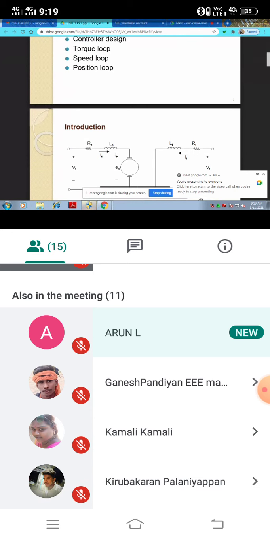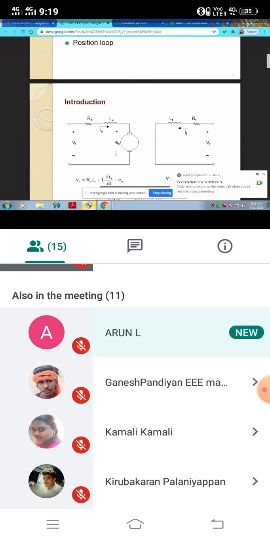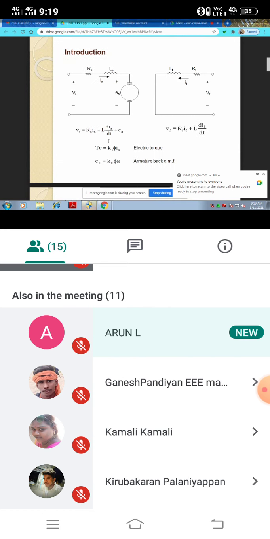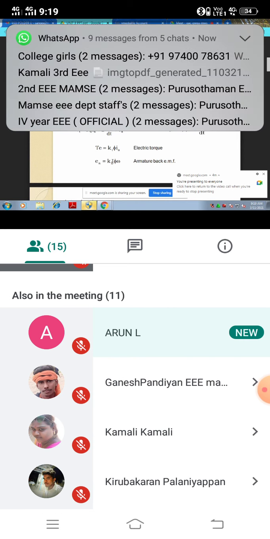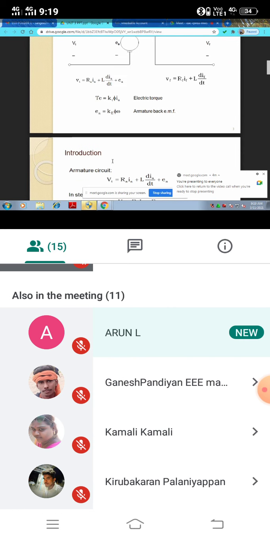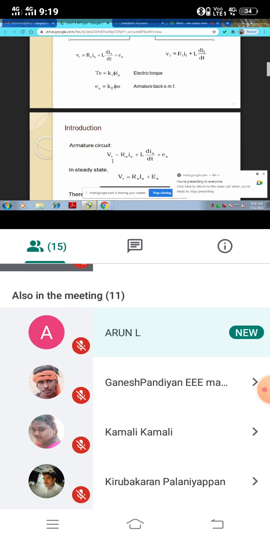Next, we had seen the introduction of the design procedure of DC motor. We are already well aware that the DC motor has three different equations. Those equations are represented here. Remember these equations for designing purposes. Design making for each and every topic gives a summarized solution in the easiest way.